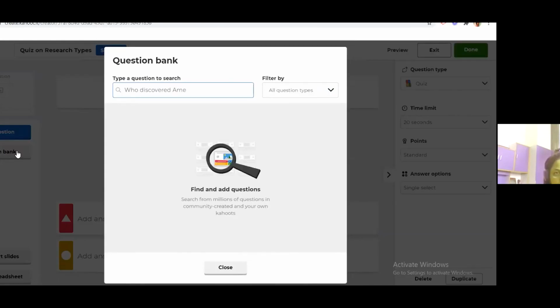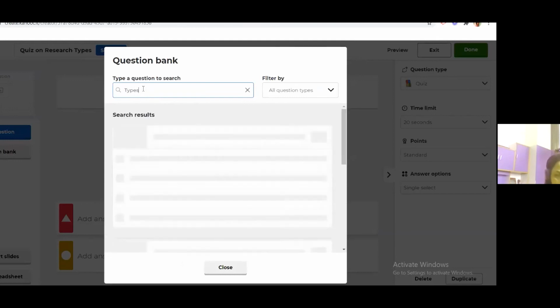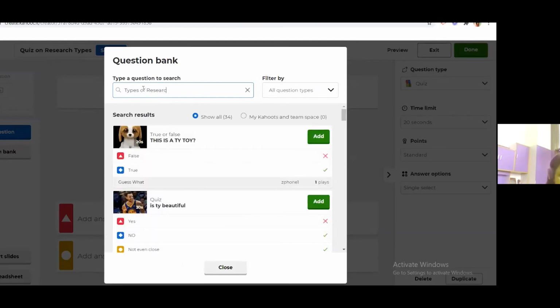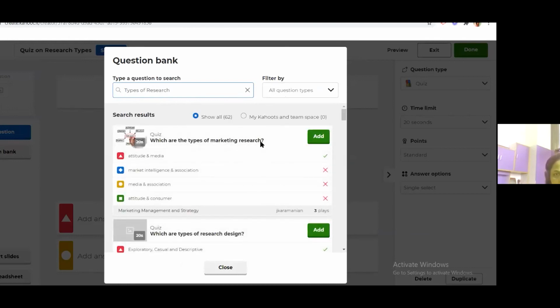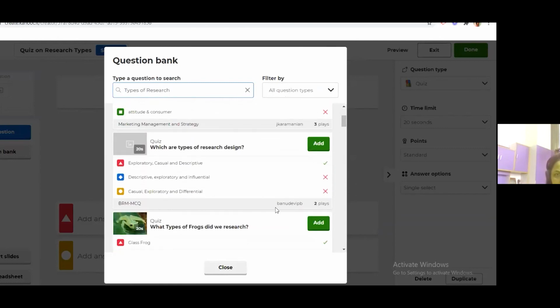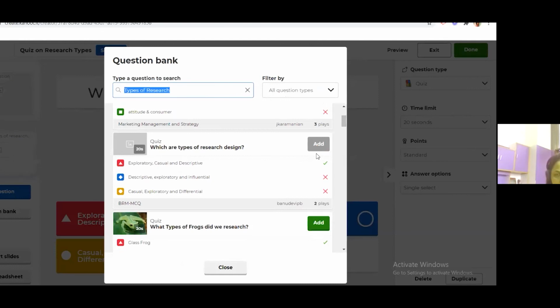From the question bank, you can add quizzes. What are the types of marketing research? If you don't want to add this, go for the questions which you want to add.